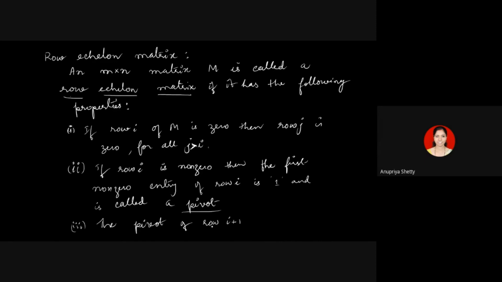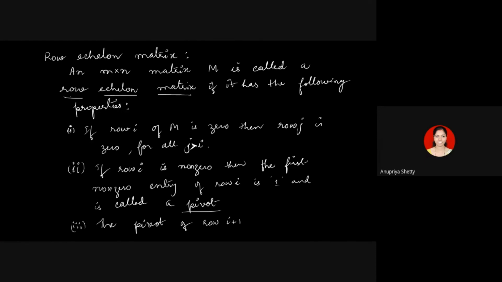In the definition I've written row I or row I plus 1 or row j, you can also write ith row or jth row, anything. So you should know I'm referring to the ith row or the jth row here. Here I'm considering row I plus 1, that is the I plus 1th row. The pivot of row I plus 1 should be